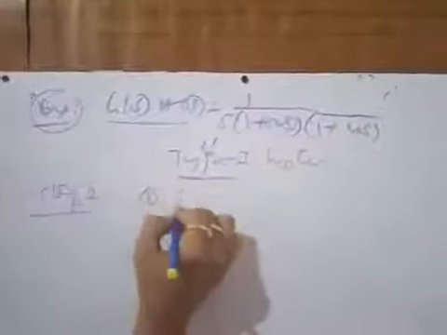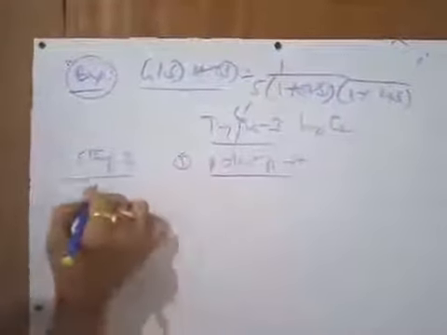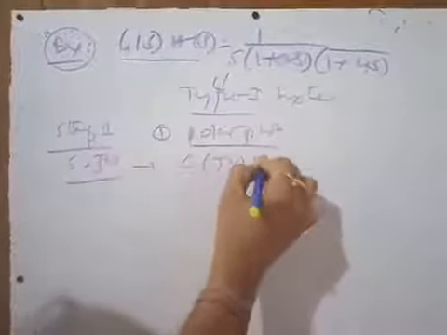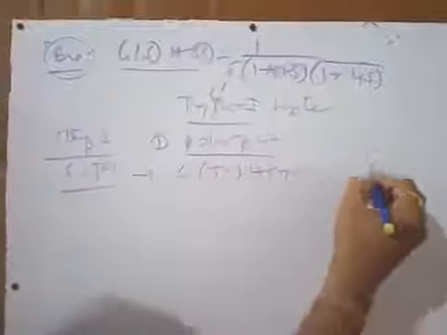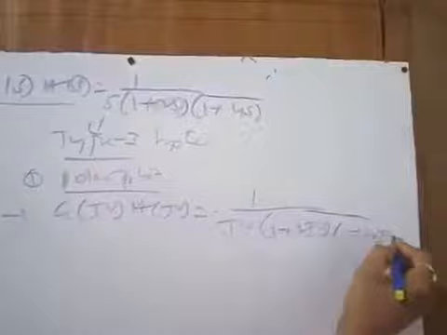First step towards getting the stability of the system using Nyquist plot, what we have to do, we have to get the polar plot of the system. This is the first step. So what is the polar plot and how can you get it, that we know already. Just put s equal to j omega in the transfer function to get G(j omega) equal to 1 by j omega into 1 plus 2 j omega into 1 plus 4 j omega.